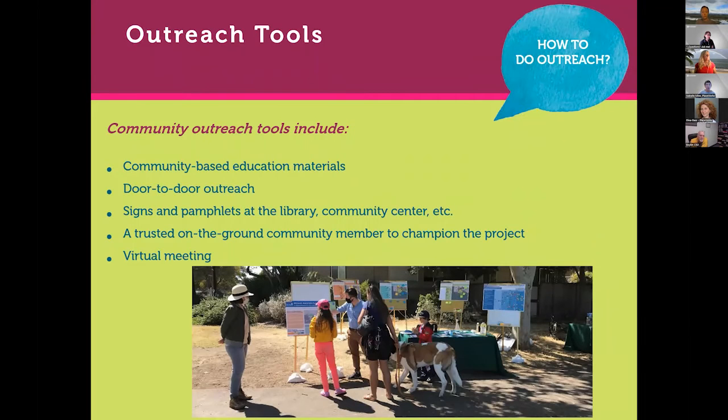And there are a number of tools. I know a lot of you have received the various announcements, e-blasts. As part of this earlier part of the WaterTalks program, we sent hard copy newspapers and interactive materials in the mail to thousands of households in the disadvantaged communities in Ventura County. So it's definitely recommended to use a wide range of tools and make sure that not just one approach